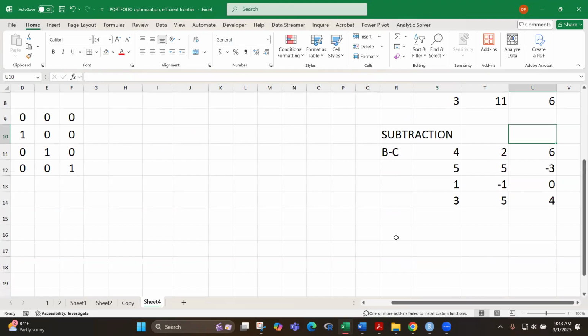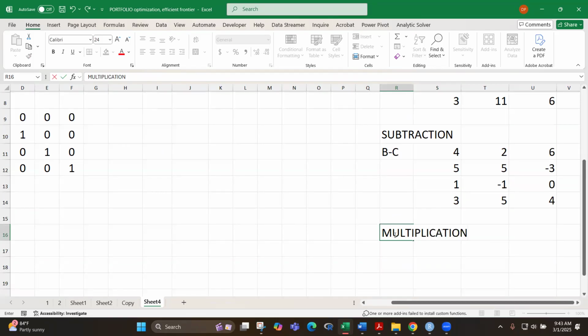Okay, let's have an introduction to multiplication, class. Multiplication, and this is very important as far as we're concerned for our portfolio optimization. Let's say you have two matrices. Matrix A has a dimension of 4 by 3. Matrix B